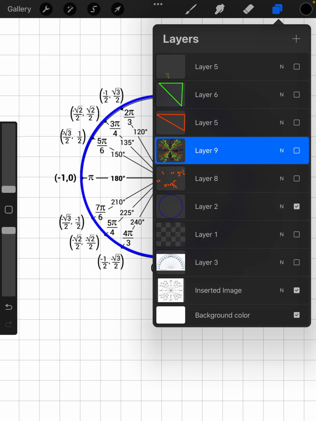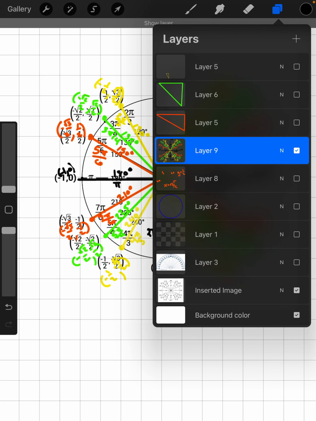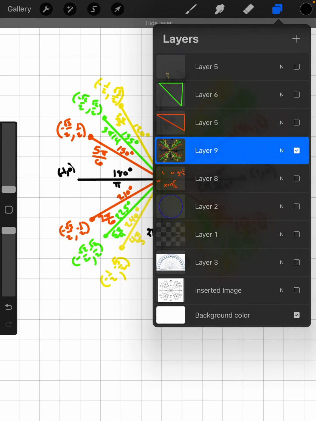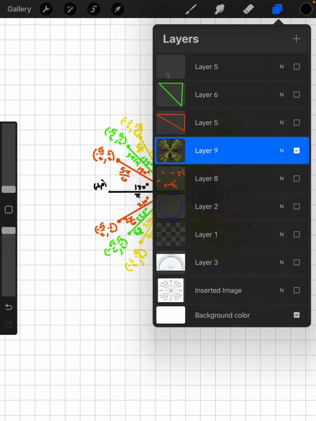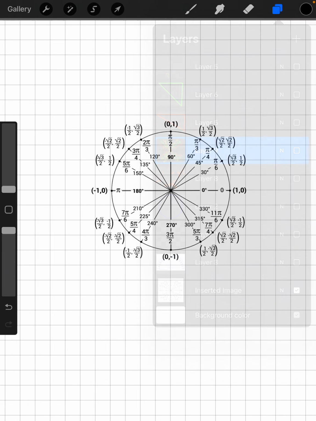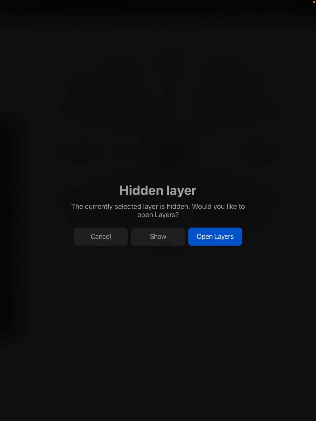So here's the unit circle that we started with in the beginning with all of that information written down on it, and then the unit circle that we constructed. So there we have it. That is the unit circle. Now, the reason that the unit circle is important, and I'm going to take away my unit circle and put the prettier unit circle up, the reason that we consider the unit circle important is because it allows us to figure out information about trigonometry,